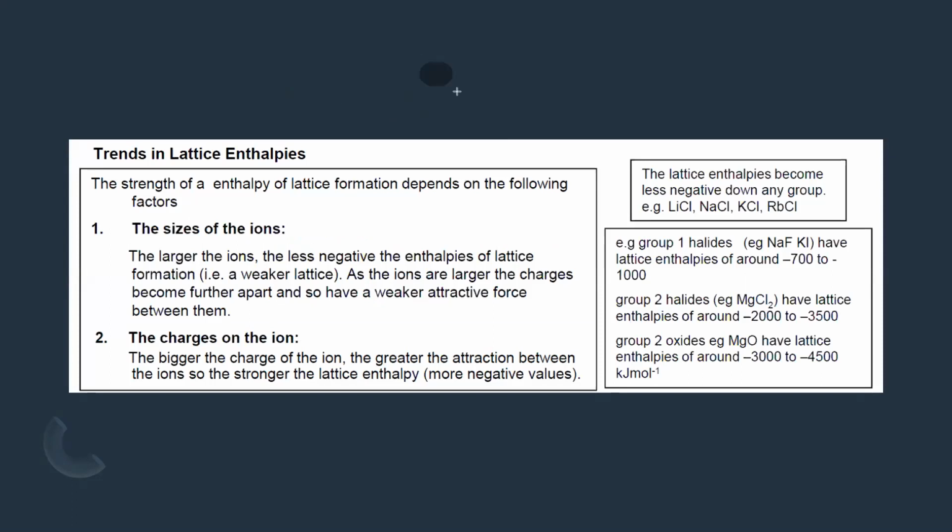Because the metal tends to lose electrons and the non-metal tends to gain electrons, the charge on the metal will be positive and the charge on the non-metal will be negative. So if ions are smaller, they will have greater attraction as compared to a larger ion. If we have another example, a positive ion with the same charge and a negative ion,